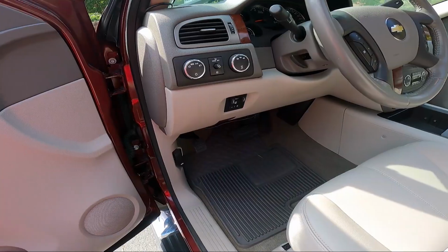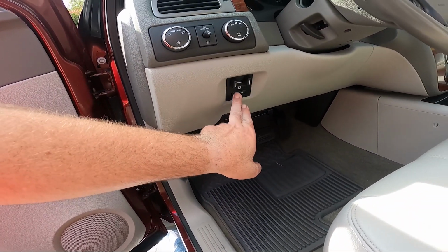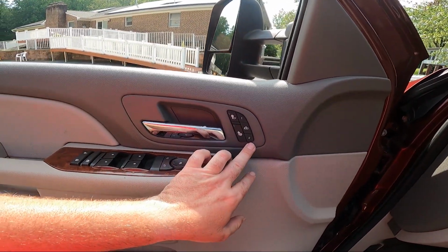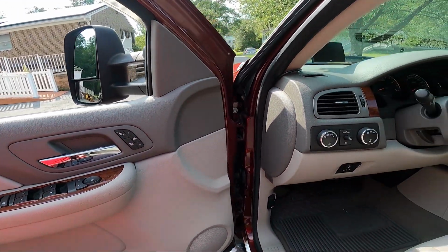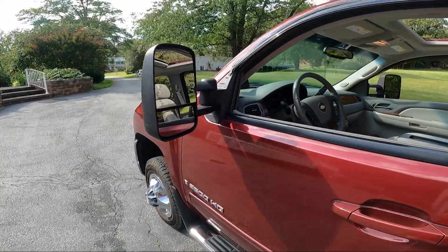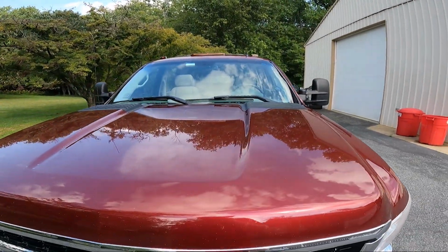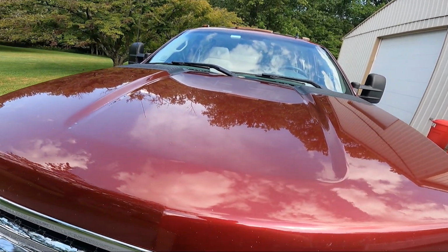Let's take a look under the engine bay. As I'm popping the engine release down here, I did want to show you it does have a built-in brake controller. That was something my 06 did not have, but that's nice to have. And two memory settings for the driver's seat, and power mirrors. Still, I hope my next truck, which again we'll talk whether I'm going to go with a 22, a 23, keep driving this. Probably not. I'll get a 450 again. I love that truck. But I wish somebody besides FCA would come out with the spot mirrors being power, but not as of yet. So let's pop this open